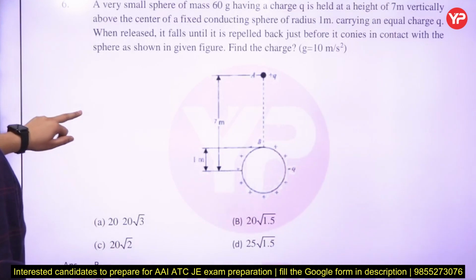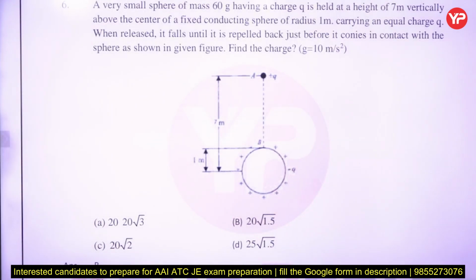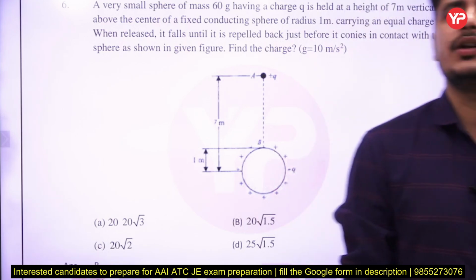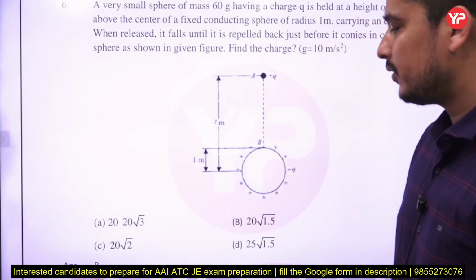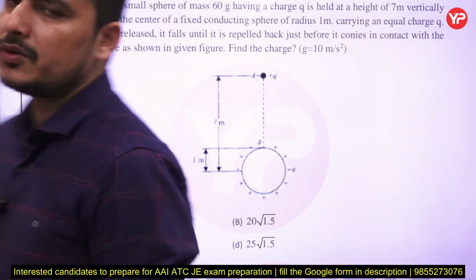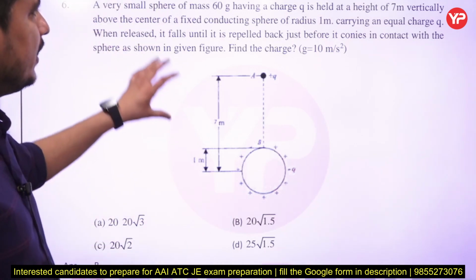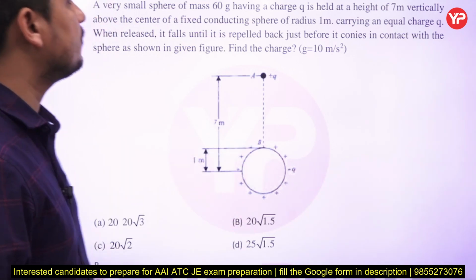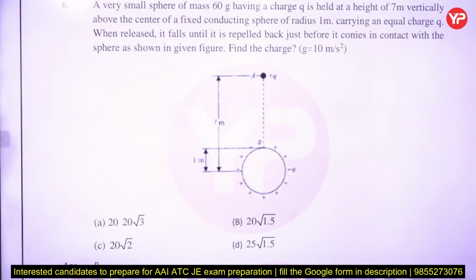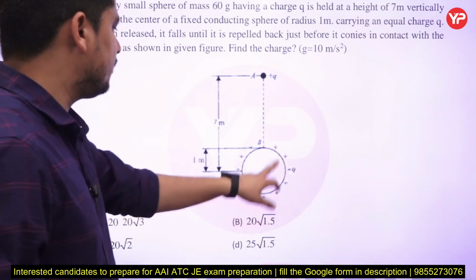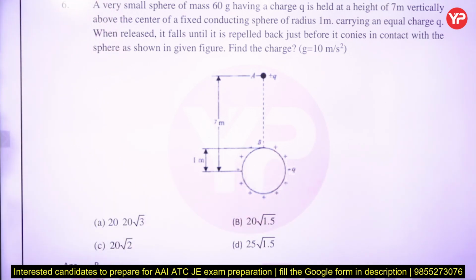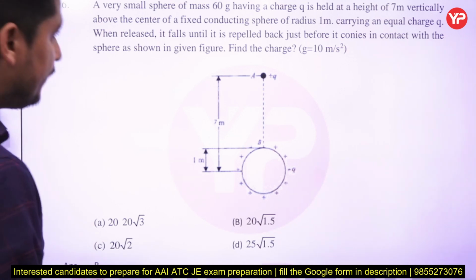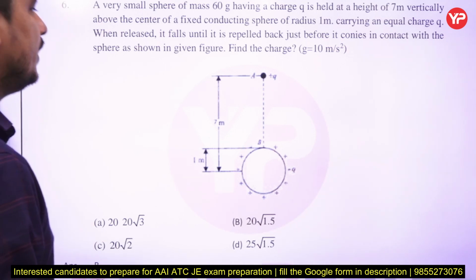Now, this is the most difficult question you can say, till now, which has come in the airport authority paper from electrostatics. The rest of the questions are easy. This is the most difficult one. Here, a very small sphere of 60 gram weight and charge Q is held at a height of 7 meter vertically above the center of a fixed conducting sphere of radius